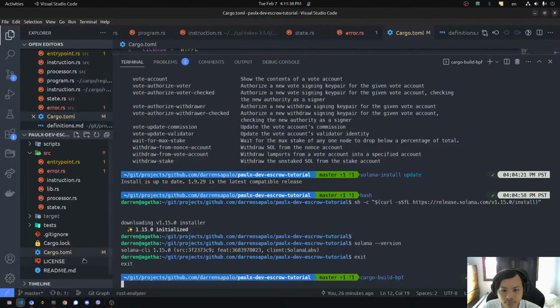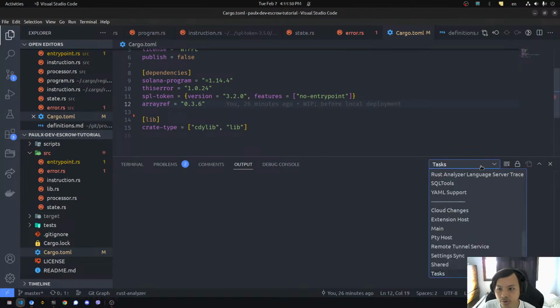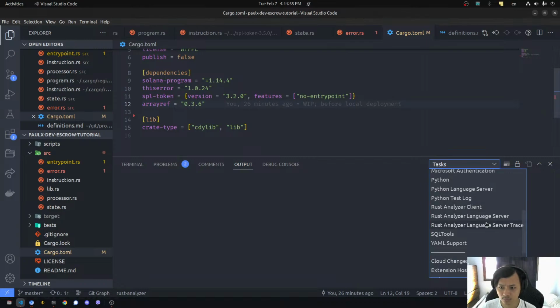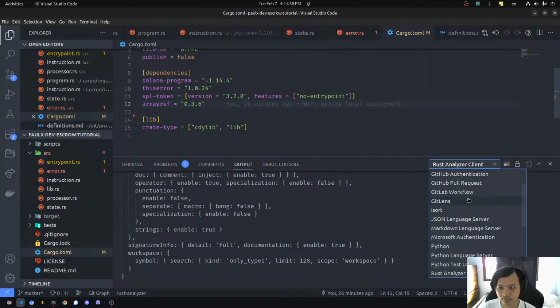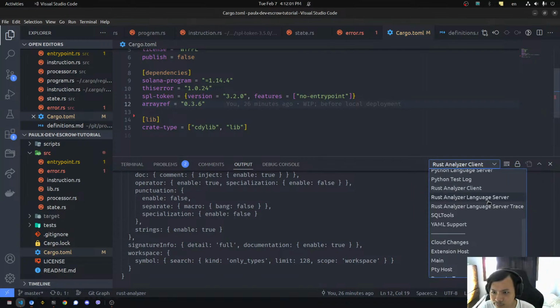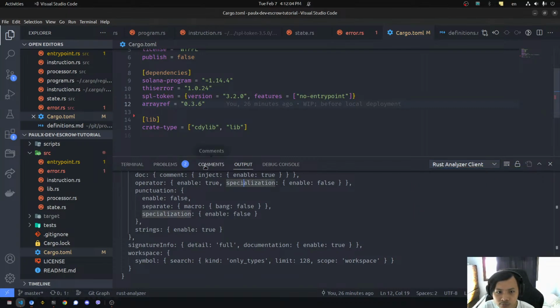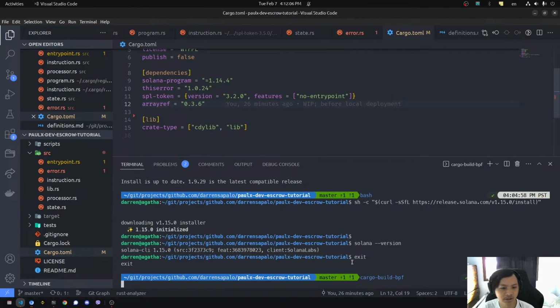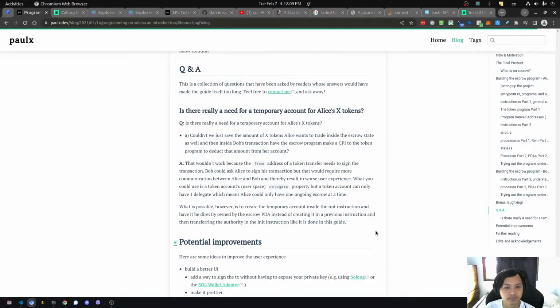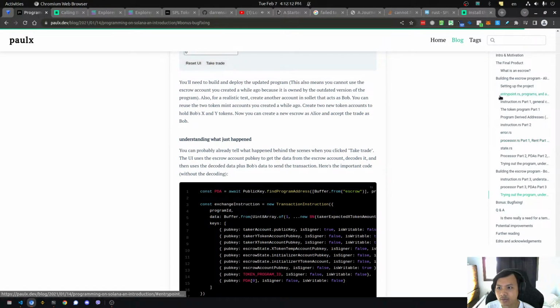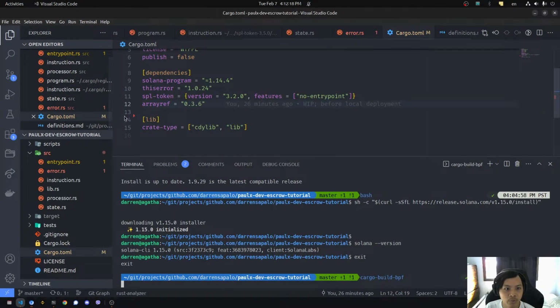Okay, let's go back. It's still building? It's still building. Fine. Let's go check outputs. It's not Rust Analyzer. I think it's just the terminal. You just have to wait for this to complete. Yeah. Okay. So yeah, we passed through it. We were understanding the concept of the escrow and then the logic, right? We learned about